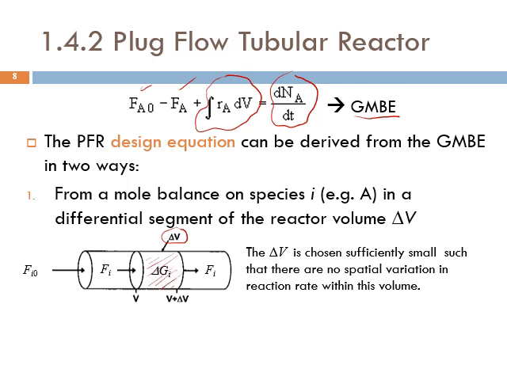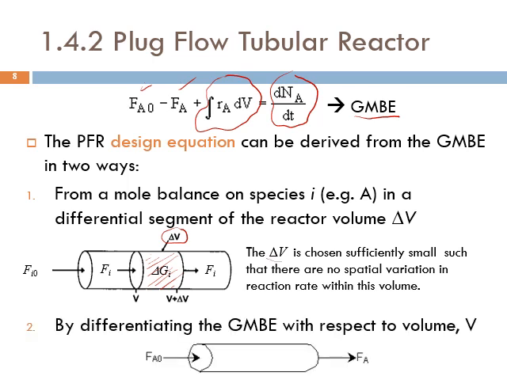Of course, here we are exaggerating. It's much smaller than this. Okay, and we do a mole balance on a species I on a differential segment of the reactor. So here, Shabab, the delta V is chosen sufficiently small such that there is no spatial variation in reaction rate